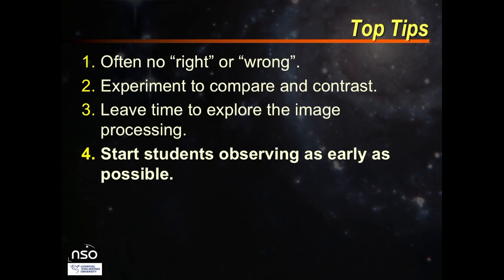And the first one is, there's often no right or wrong. It's very tempting for students to think that they're doing the right thing or the wrong thing, and if they get something different from another student, then one of them must be wrong, and it isn't like that. A lot of what we're asking the students to do when they're choosing their constraints for their observations or processing their image is decide what they want to emphasize. So they're making decisions which lead to a final result. And if those decisions do lead to that final result, and they see the features they're interested in, they explore the aspects they wanted to explore, then they are right. Even if another student has done something very different.